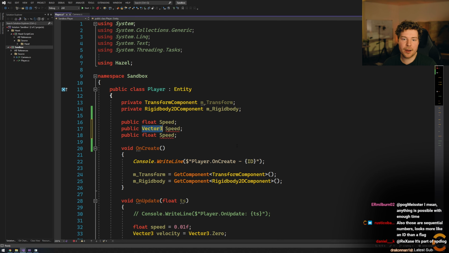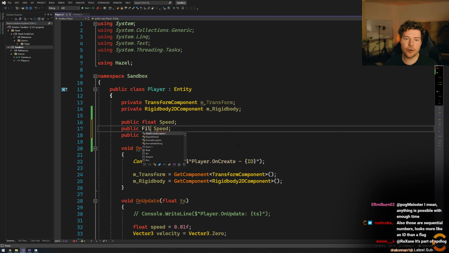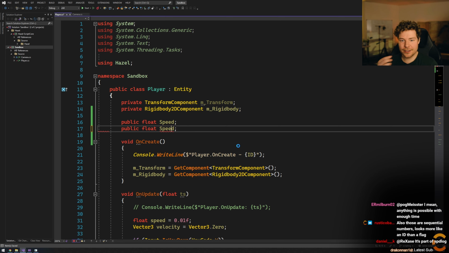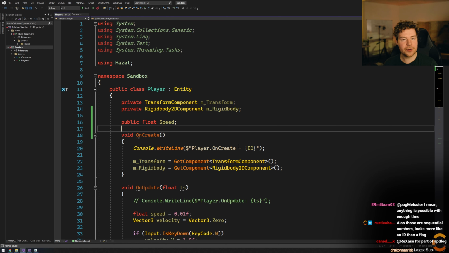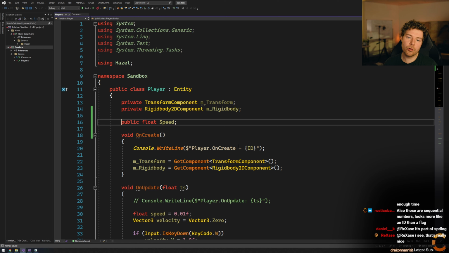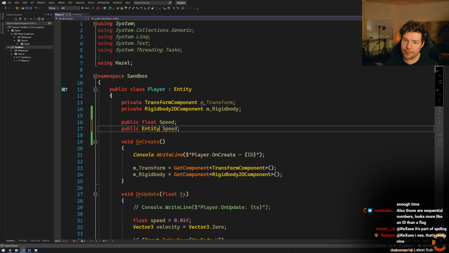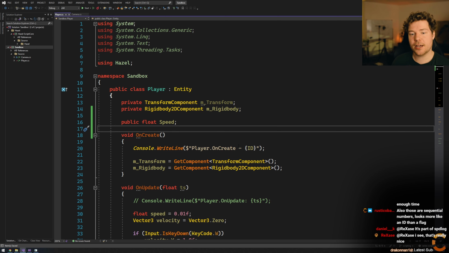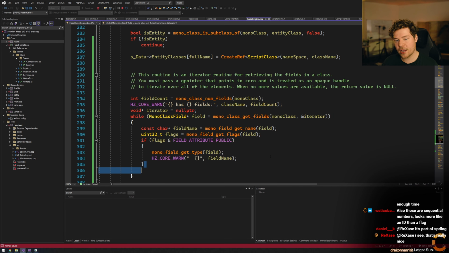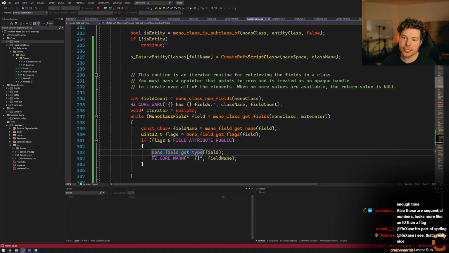If someone has a public, I don't know, file stream or file writer or whatever class, obviously that's not something we want to be able to add using the UI. But if it's a primitive type or some kind of math type, or other things, maybe it's an entity, maybe it's another entity, maybe it's a prefab, maybe it's an asset, right? Kind of built-in Hazel types. That's obviously something we should support. So we really need a way to just look at this and be like, okay, what type is this? So monofield get type obviously returns back to us